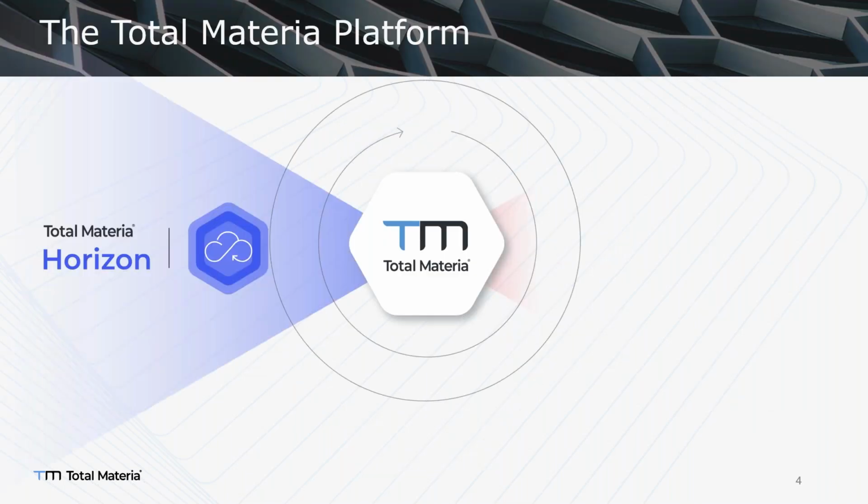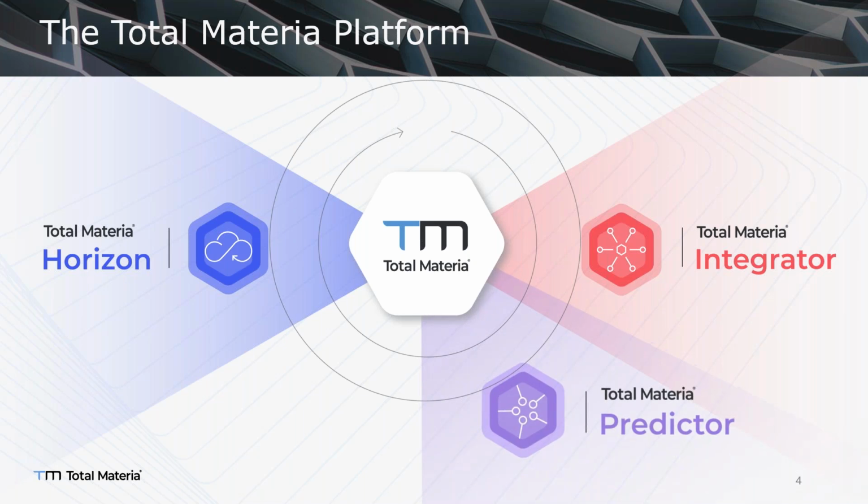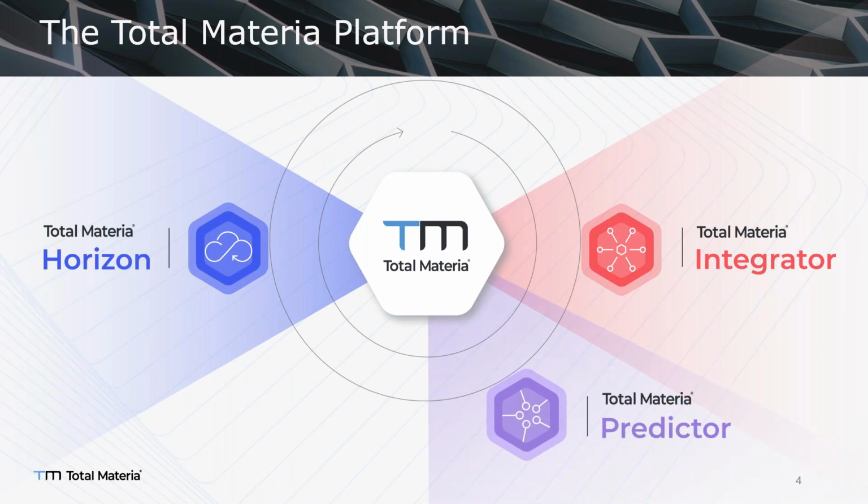So we have a lot of different solutions, like Horizon, which most of you have access to, and some of our Integrator users are here with us today. That's good to hear. I know Integrator is basically your own internal database, very similar to the Horizon interface, and we have the AI tool Predictor. If you don't have access yet, you will love it. And Green Line. It's all about green material, life cycle assessment, BOM assessment, or carbon footprint.